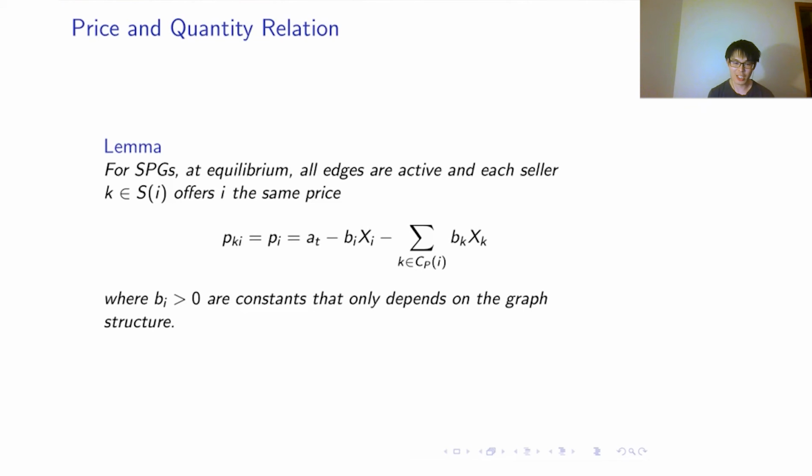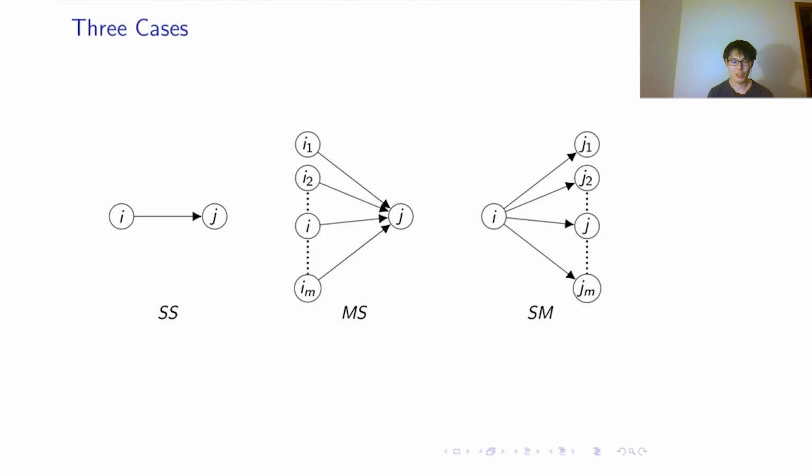It's in the form of AT minus some linear combination of the inflow of some merging downstream nodes. Here, BI are constants that only depend on the graph structure. So we take advantage of the structure of series parallel graphs. Suppose we focus on a specific trade I to J, then it must be one of the following three cases,